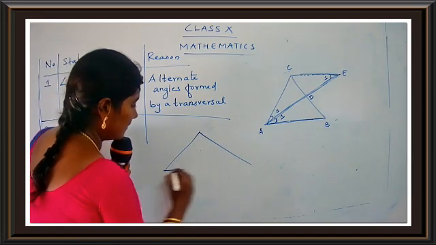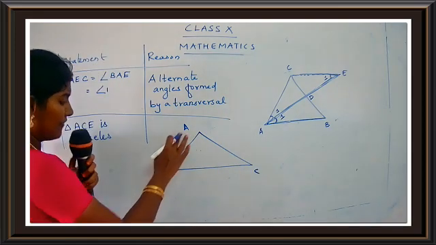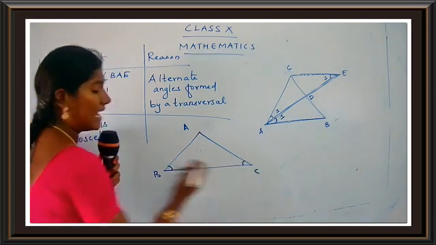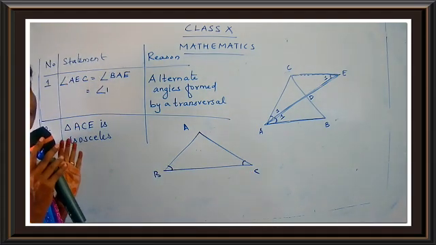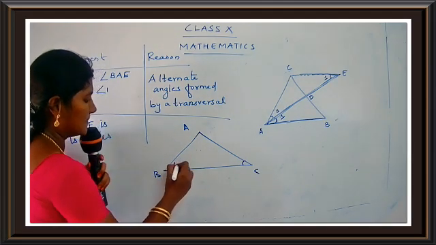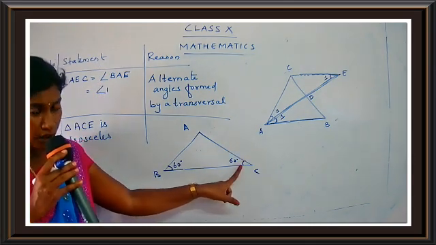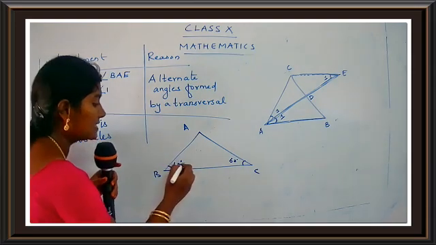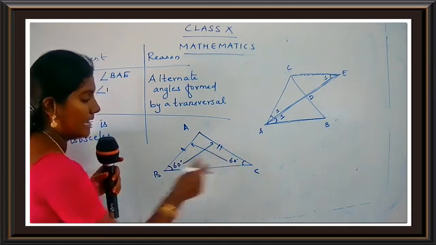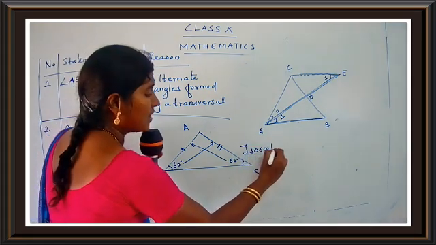Suppose we have a triangle ABC, okay? I'm not talking about this triangle, just an example for you. If you have a triangle ABC and if you know that angle B and angle C are equal, what is the thing given to you? Angle B and angle C are equal. Say this is 60 and this is 60. If both the angles are equal, what can you say? We can say the sides opposite to them are equal. That means BA and AC are equal. Getting my point? So this is from the isosceles triangle theorem.